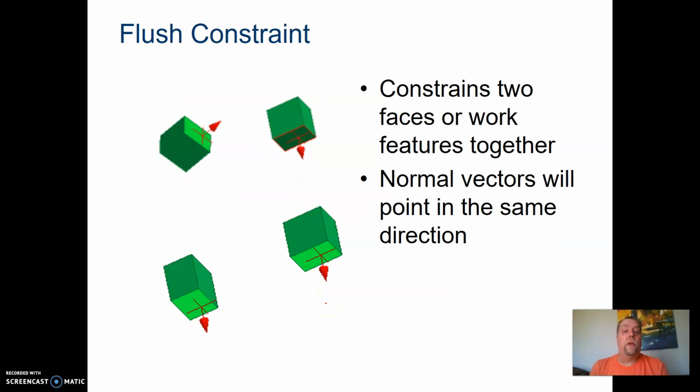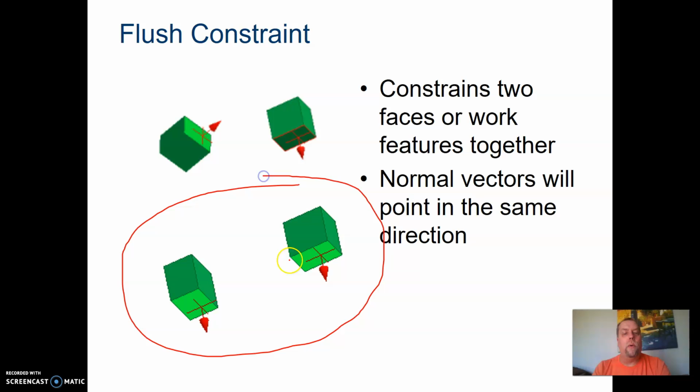Flush constraints are different. Flush constraints say that if I want to make this side of my hand flush with this side of the hand, it can go like this, but it's not putting them together. It's just putting them left and right. Does that make sense? Hopefully it does. With flush constraints, 2 faces or work features are put together so their normal vectors point in the same direction. You can see these 2 down here are pointing in that direction down. Then this surface and this surface will be flush next to each other,